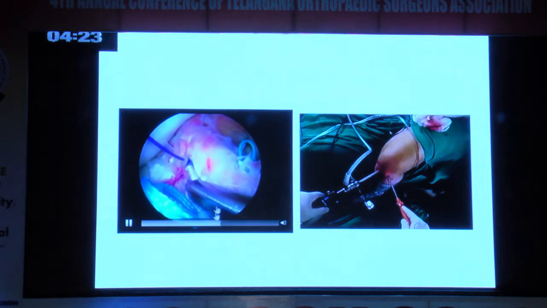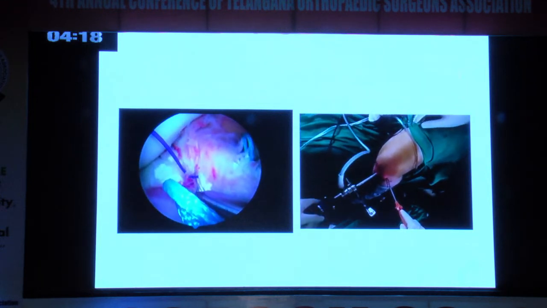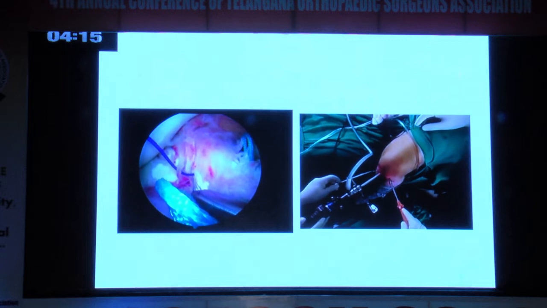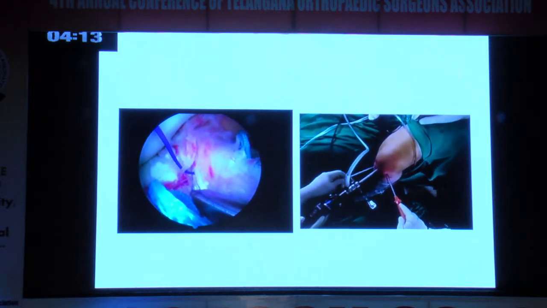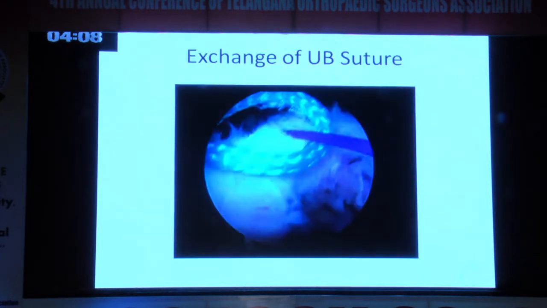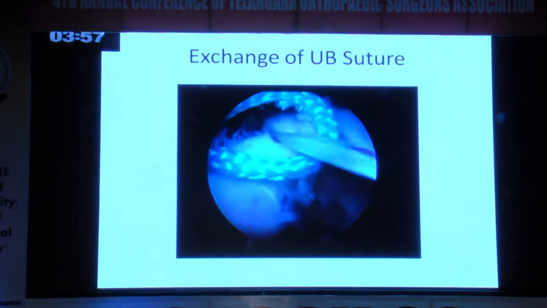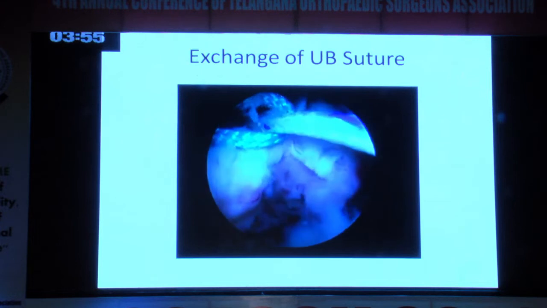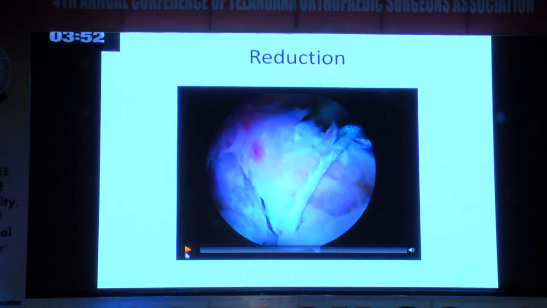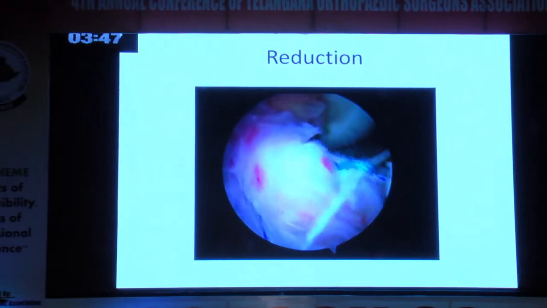And this is the external view of how I do it. So I am piercing the PDS suture or Prolene, any number 1 Prolene, to make a suture inside the ACL at the junction of the bone and the ligament. Then exchange with an Ultrabraid suture. I use a number 2 Ultrabraid suture, exchange it with the Prolene, and then you reduce the two fragments. See, that is a complete reduction onto the bed.